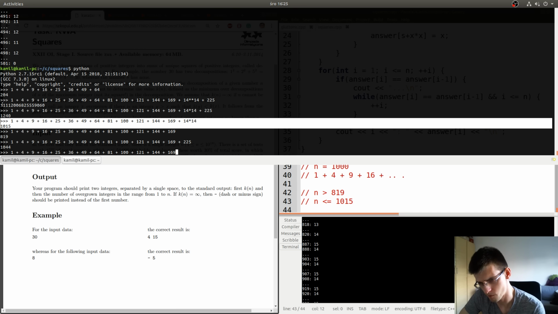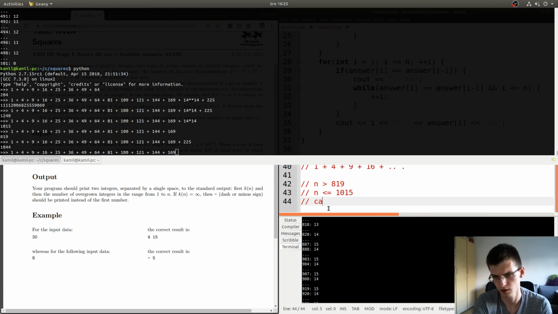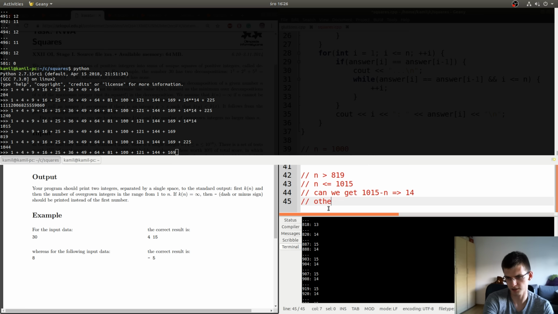Okay. So in this case, for numbers between 800 and 1000, we ask basically, can we get 1015 minus n as a subset of squares? If yes, then the answer is 14, otherwise it's 15.